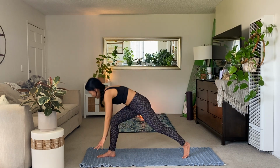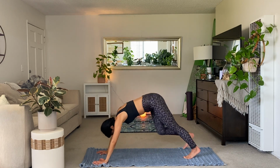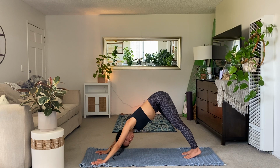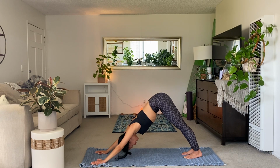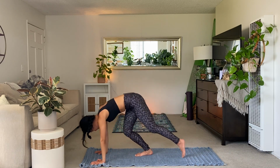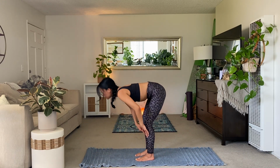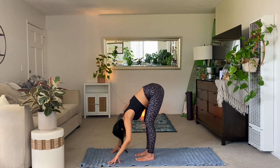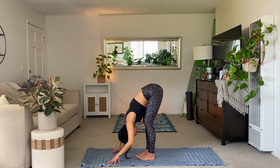Inhale, reverse. Exhale, make our way to down dog or chaturanga if you really, really wish to strengthen some more. That's there for you. You can notice difference to right and left side. Then we will go ahead and step to the middle, take a halfway lift, and exhale, fold. All right. Next thing, let's go ahead and lift your right leg up,